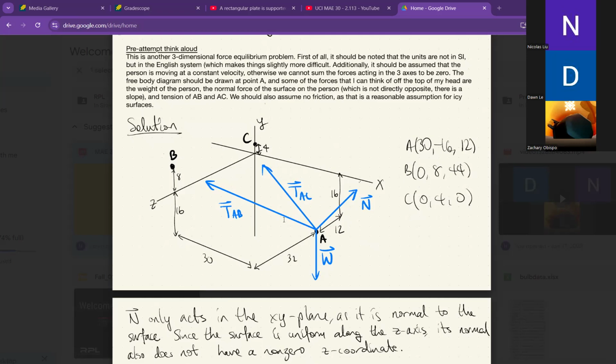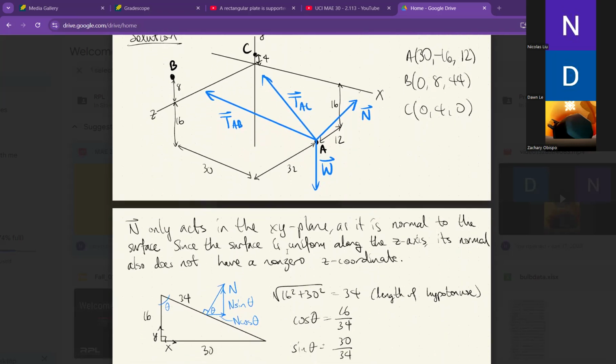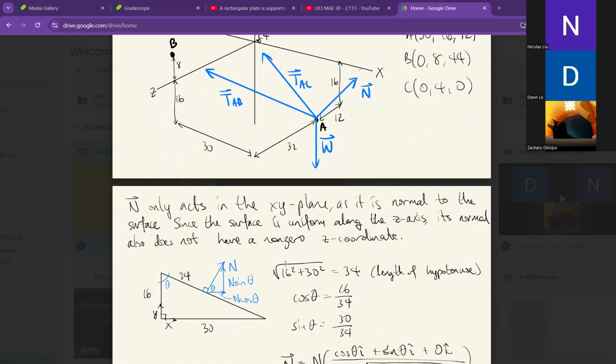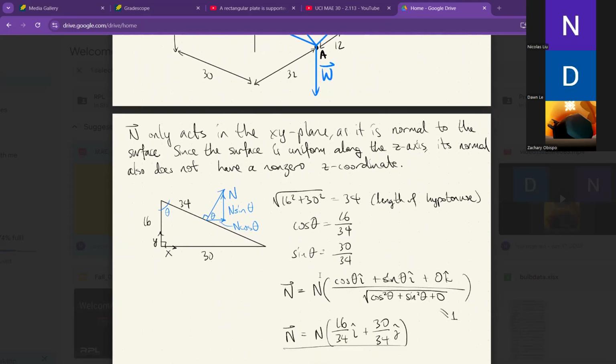First I wrote down all the coordinates of the points to make later calculations easier. And then I attempted to find out the normal force first. So I did this by